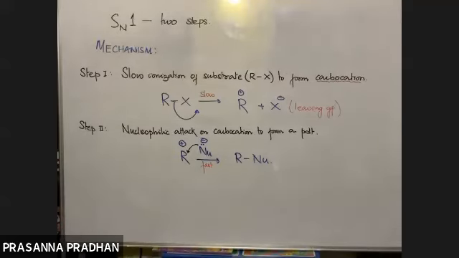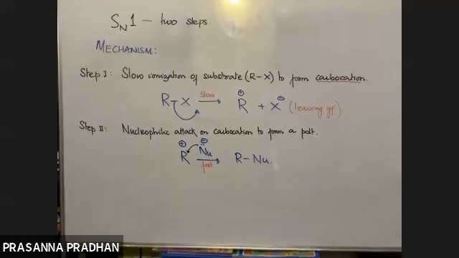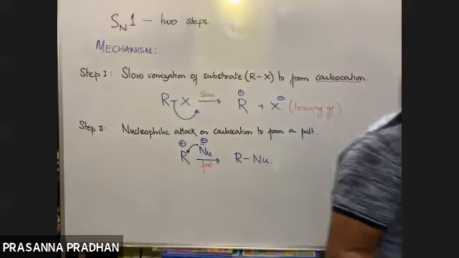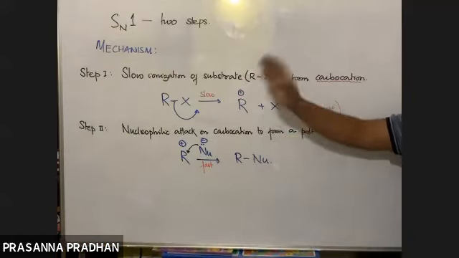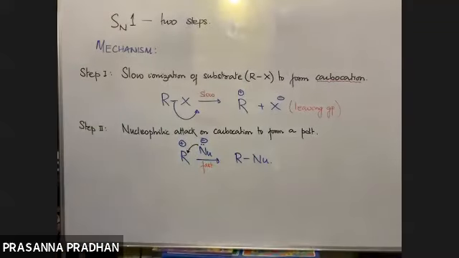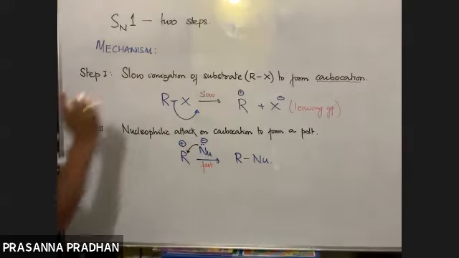Now we have studied in detail in chemical kinetics: in the case of a complex reaction, what is the rate of the overall reaction determined by? Which step will determine the rate of the overall reaction, slow step or fast step? Slow, good, excellent. The slowest step will determine the rate.